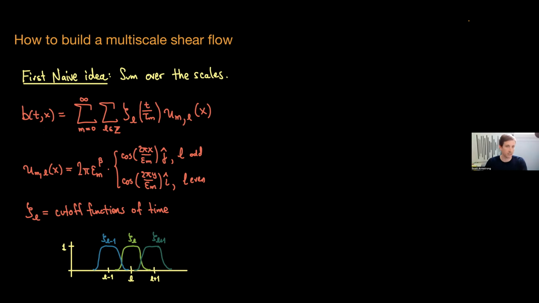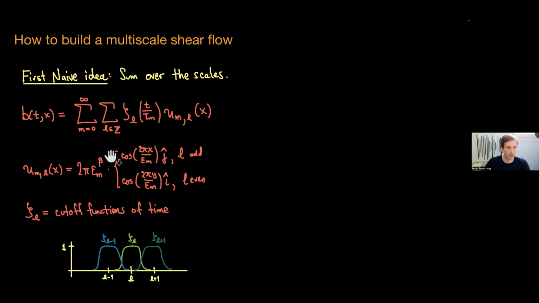So your first idea to make the vector field is that you're going to take those alternating shear flows that I described, which now I denote by U_{M,L}. Okay, so I'm going to sum. M is the scale of the shear, and I'm going to alternate them in time between basically even and odd. So L is just cycling between the parity.